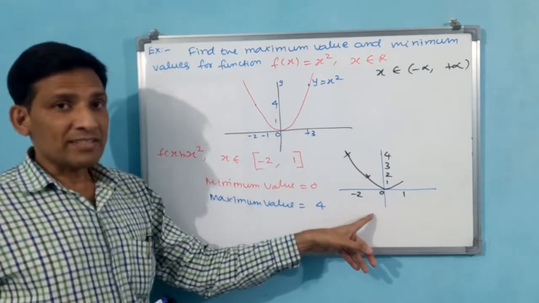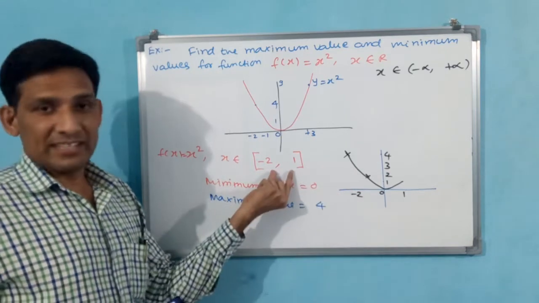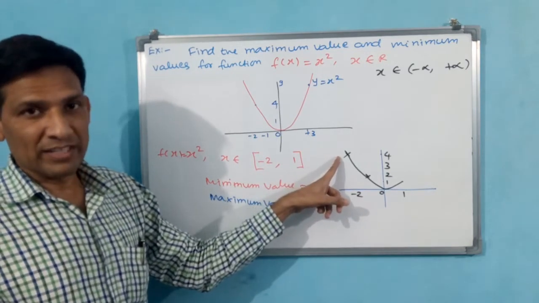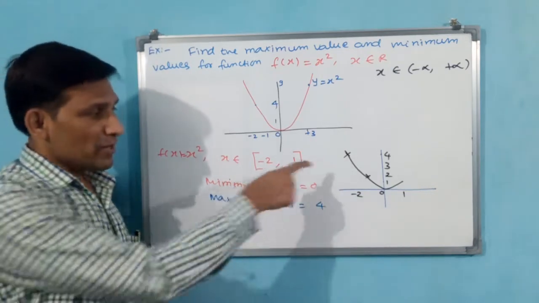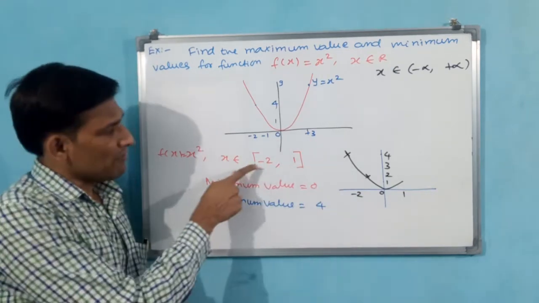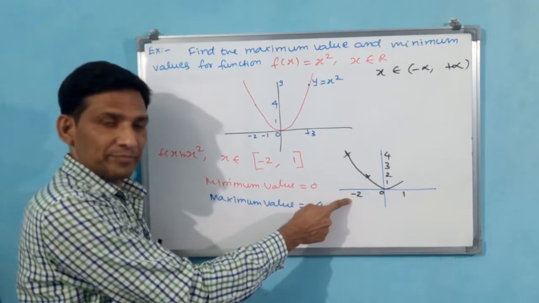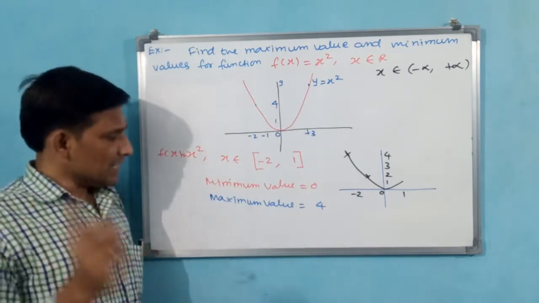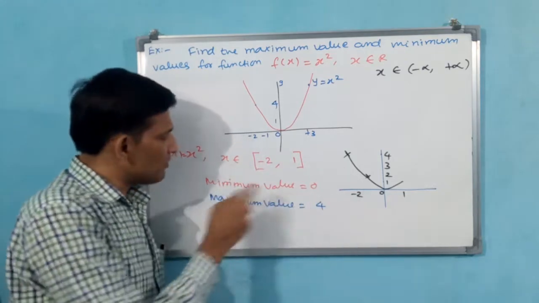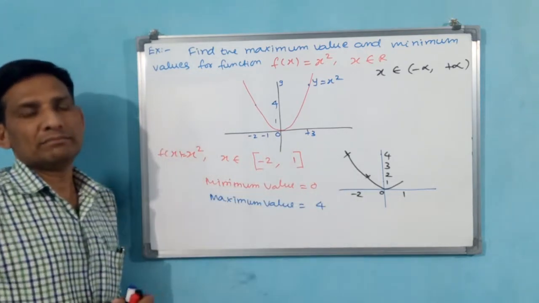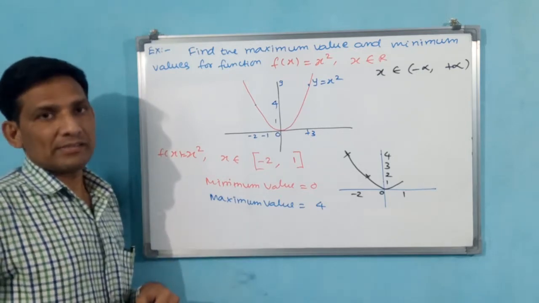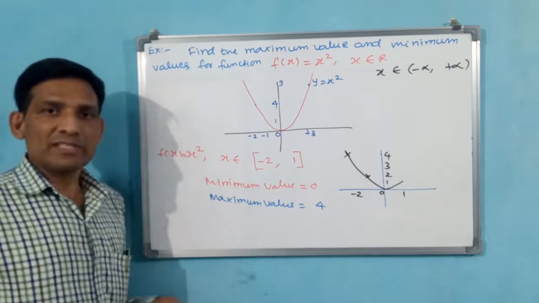But here it is not the case. Why? Because here it is a restricted domain. That is why it is going up to plus 4 only. That means there is no infinity. Plus 4 is definitely coming. Why? Because you are taking minus 2. If you take minus 2, automatically plus 4 will come. That is why here maximum value is available, minimum value is available. Both are available. This is the concept you have to understand. Let us go for the second example.